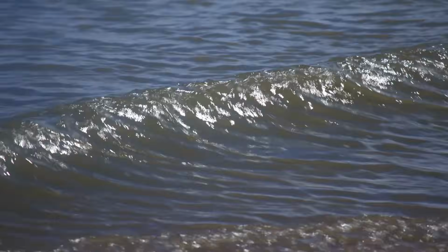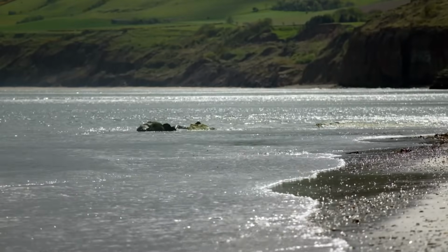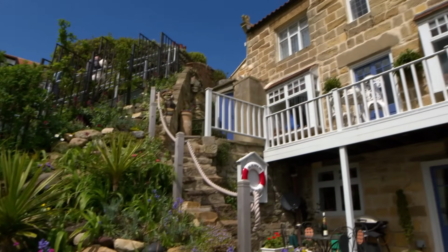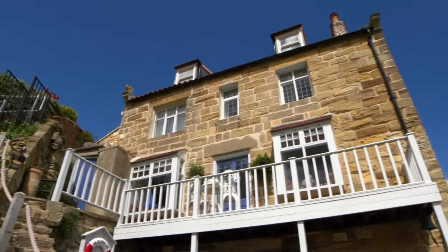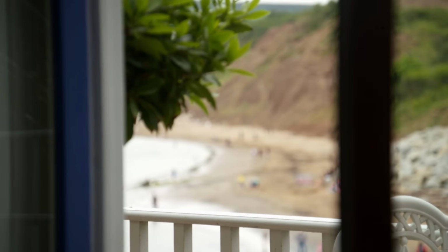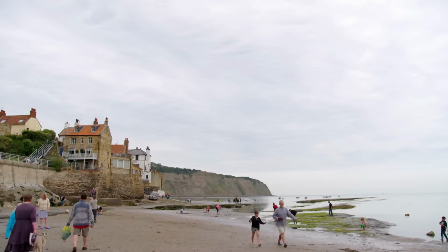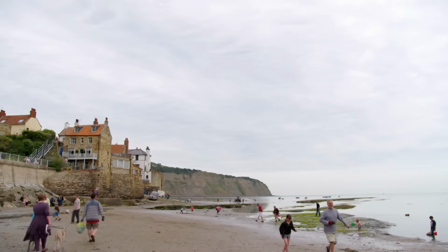No. If it's not the lapping waves disturbing Graham's sleep, it's the chatter of tourists walking by on the coastal path. I bet this is in the back of a million holiday snaps. It must be. It must be the most photographed house on the whole of the Yorkshire coast. Because it sits right out there, doesn't it? Yeah, and you start having your lunch out there and there's people snapping you and...